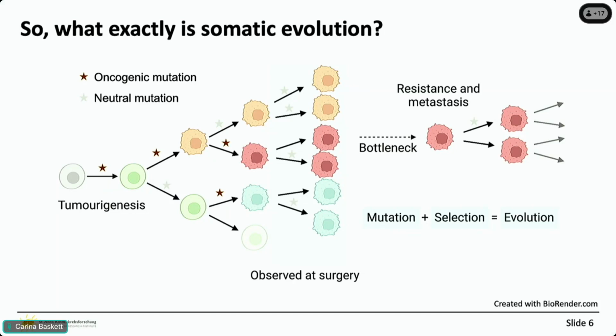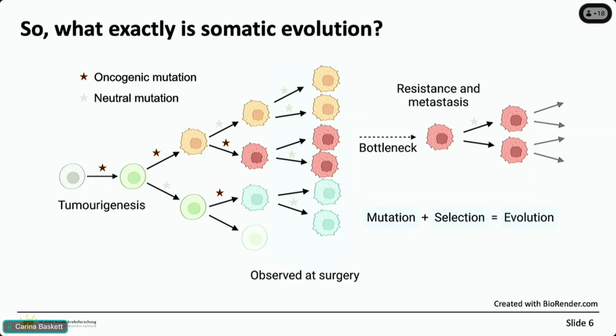But of course, this process doesn't stop at this point. The tumor is formed and it continues to divide, and it might acquire additional oncogenic mutations within this tumor population. And then it gets to the point where you observe this tumor. So typically a patient might have a tumor that's large enough to be detected clinically, and then you might have surgery. And this is the point at which we typically observe these tumors. And we are appreciating more and more now that they are really a mixed population that's been formed by this branching evolution process. And what we often do at this point is we then try and trace backwards how this process has occurred by looking at all the different mutations we see within these tumors.